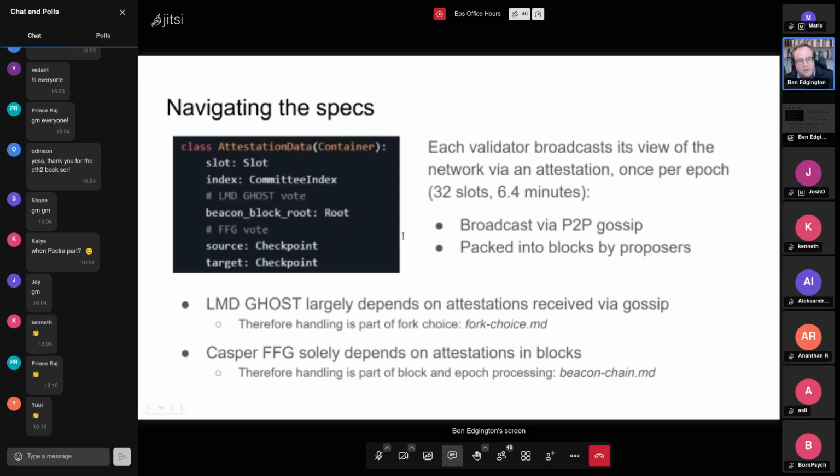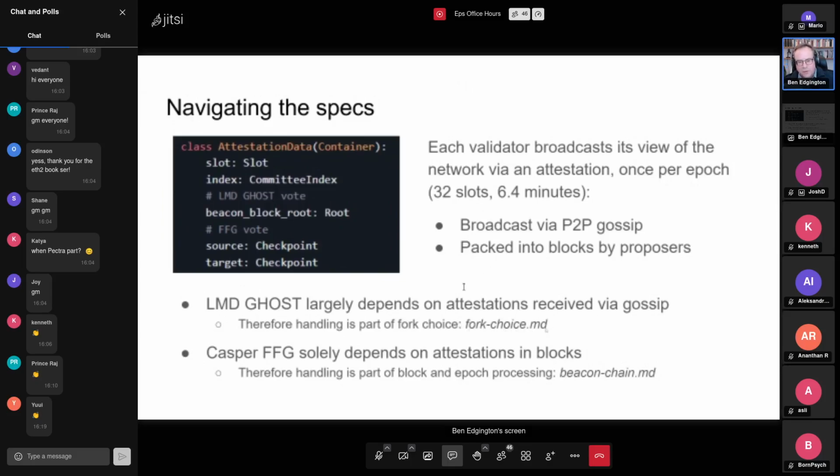The two consensus mechanisms that we have, LMD GHOST and Casper FFG, operate on different timescales and via different mechanisms, mostly. LMD GHOST largely depends on attestations received via gossip. It's a kind of real-time protocol. It has to make quick decisions on the order of seconds and doesn't have time to wait for attestations to get into blocks. So in the specs, this occupies its own